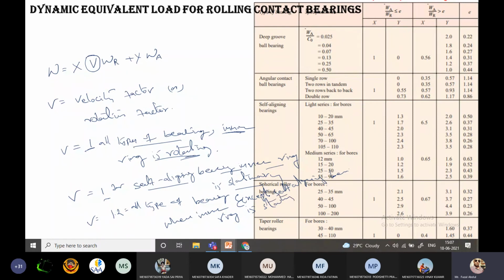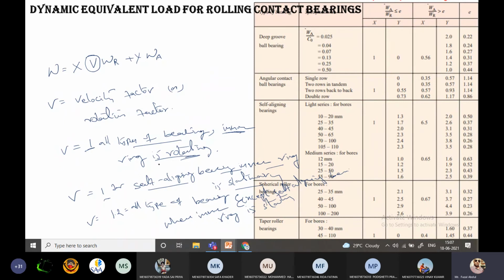So particularly this, remember, these rolling contact bearings are somewhat complicated as we compare with the sliding contact bearings. All the terminology that was there previously in the static load equation and in the dynamic load equation, along with the equations we need to remember these statements.